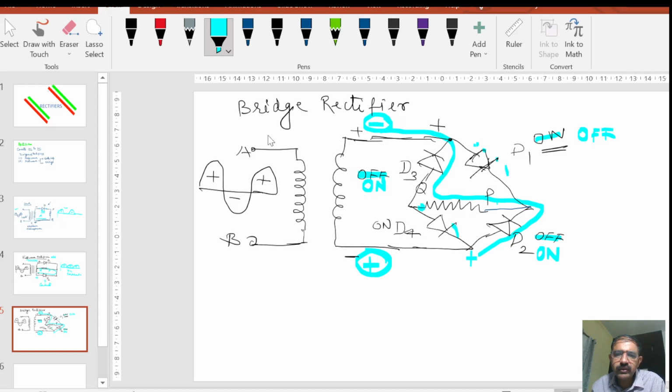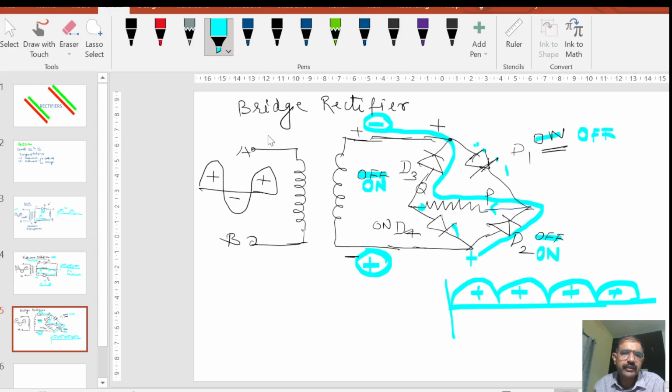Again, if you note down, during this cycle also in the output the current is flowing from P to Q. So in both cases current is flowing P to Q, whether the positive cycle or the negative cycle appears, because we are taking the output across P to Q. In P to Q the current is not changing its direction, so in the output we will get the positive cycle only. In the input the current is changing direction, but in the output that we took across P to Q, it is not changing direction. It always flows P to Q, which means positive cycle.